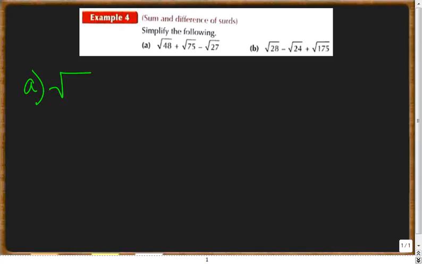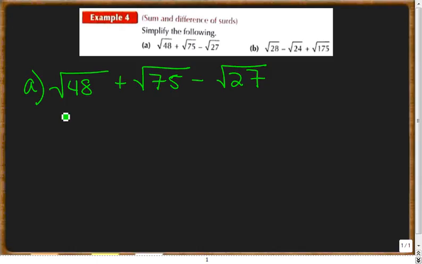So we have the square root of 48 plus the square root of 75 minus the square root of 27. We can't put these together because they're not all talking about the same item, right? They technically all have a weight of 1, but that doesn't really help us. So what we're going to do is transform these, and I'll show you how they actually have